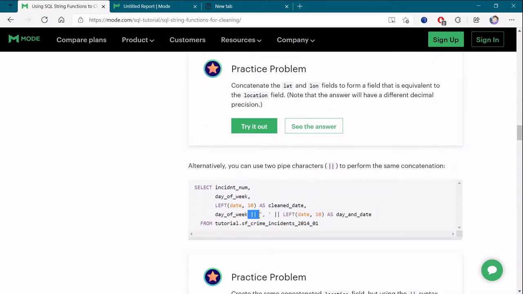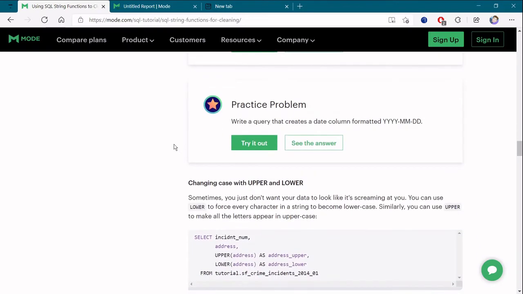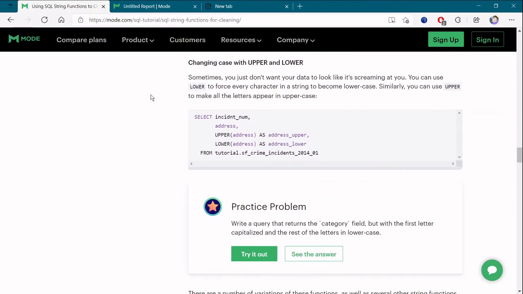If you are familiar with shell script or any Linux commands, we use pipe for combining two commands. Similarly in SQL, you can use pipe for concatenation. So pipe will do the same thing as concat, but concat is easier to read and use, so you can directly use concat.